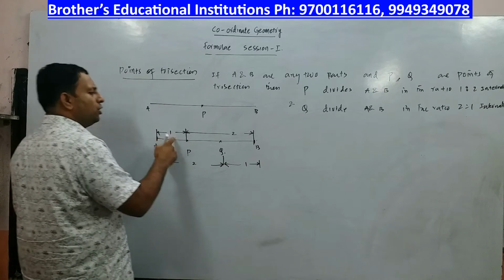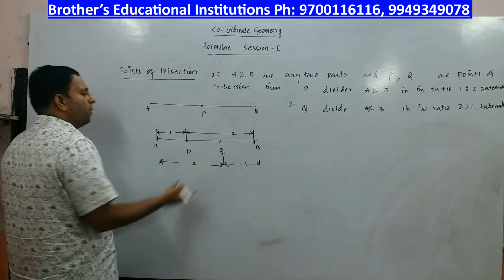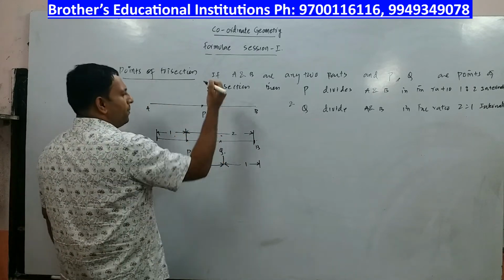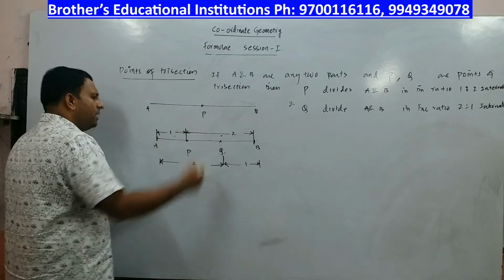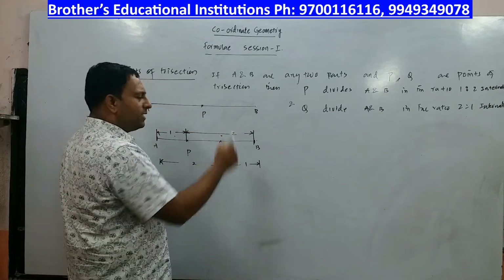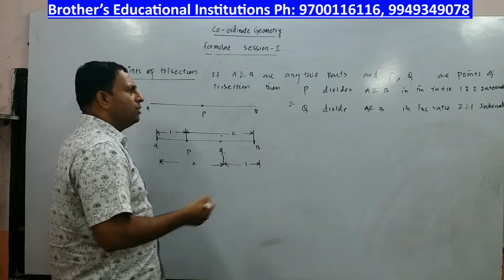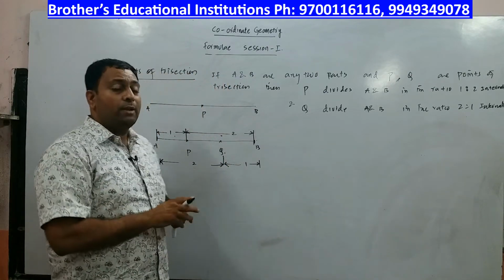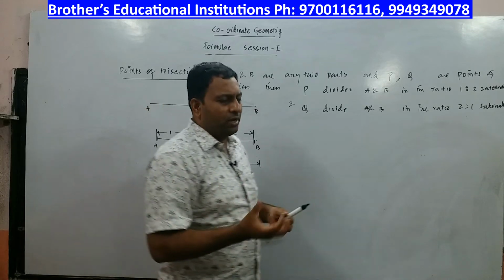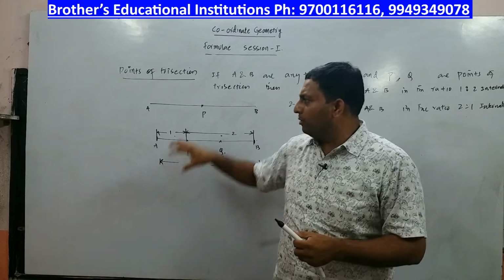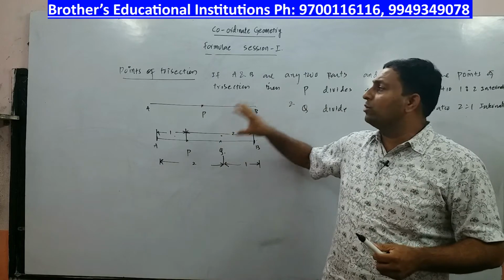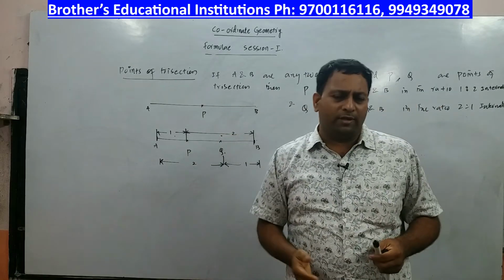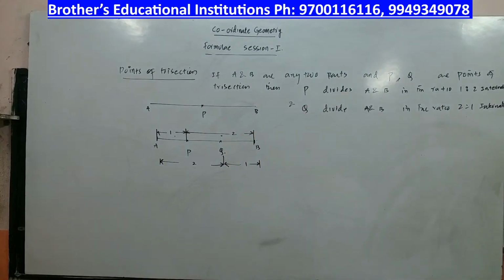P divides in the ratio 1:2; taking the ratio as 1:2, apply the section formula and you will get the coordinates of P. Take the ratio as 2:1, apply the section formula, and you will get the coordinates of Q. So that's how, children, you handle the section formula, and that's how you handle the points of trisection. I'm sure you are clear with the concept. You may pause the video, neatly copy, try to understand, and then let us move forward. Alright, I'll wait for you.